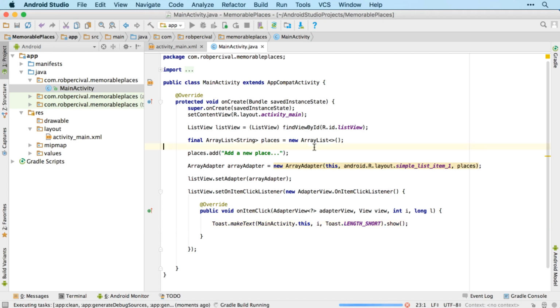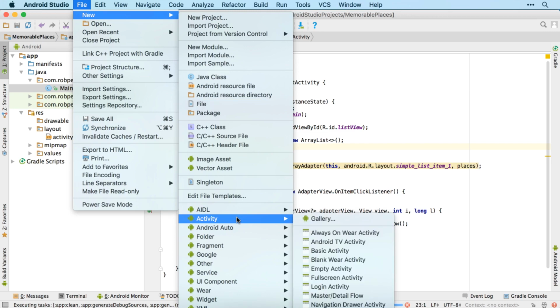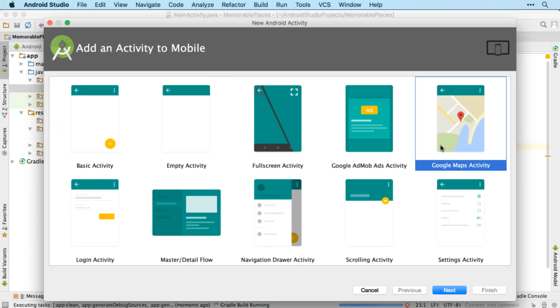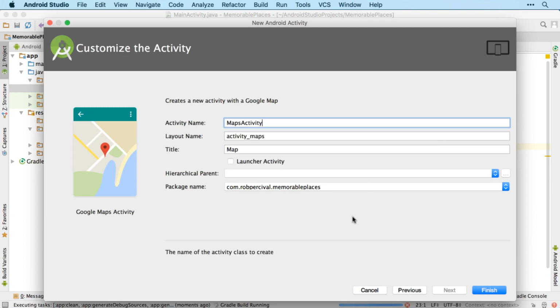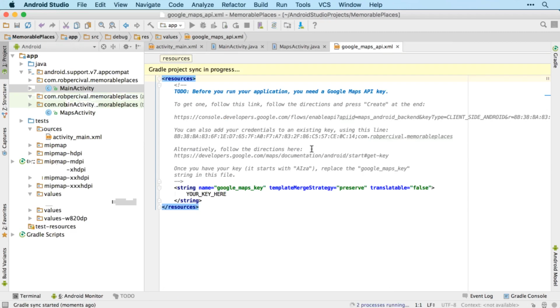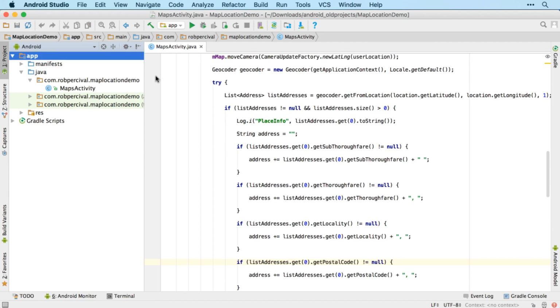And while that's setting up, we'll add a new activity from the gallery, and this is going to be a Google Maps activity. I'll leave that as the default Maps activity. This is going to be where we allow the user to add new places and view existing places. And you remember we need to add our Google Maps key there. So if you were creating a new key, you would go to that URL just as we did before and create it. But I'm going to reuse the key that I created before,